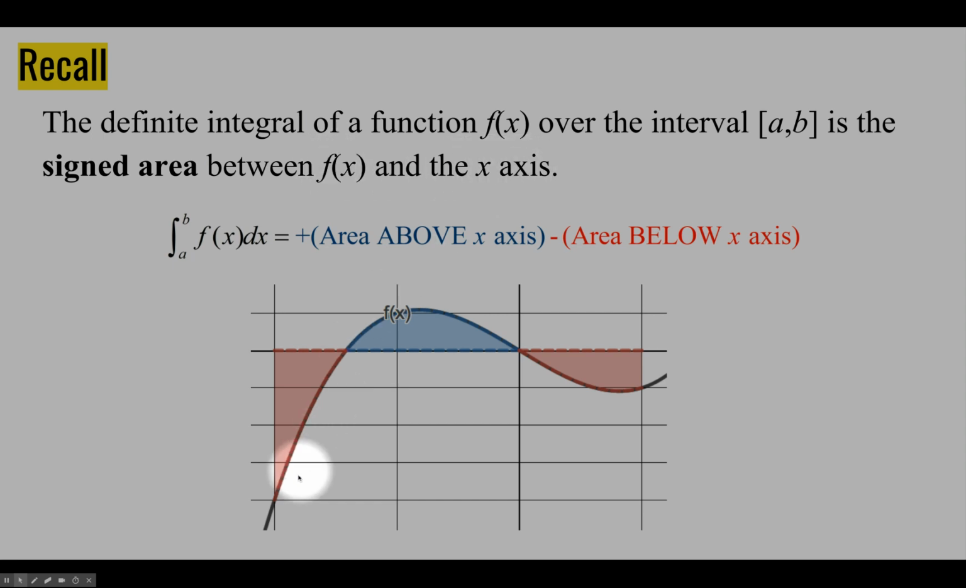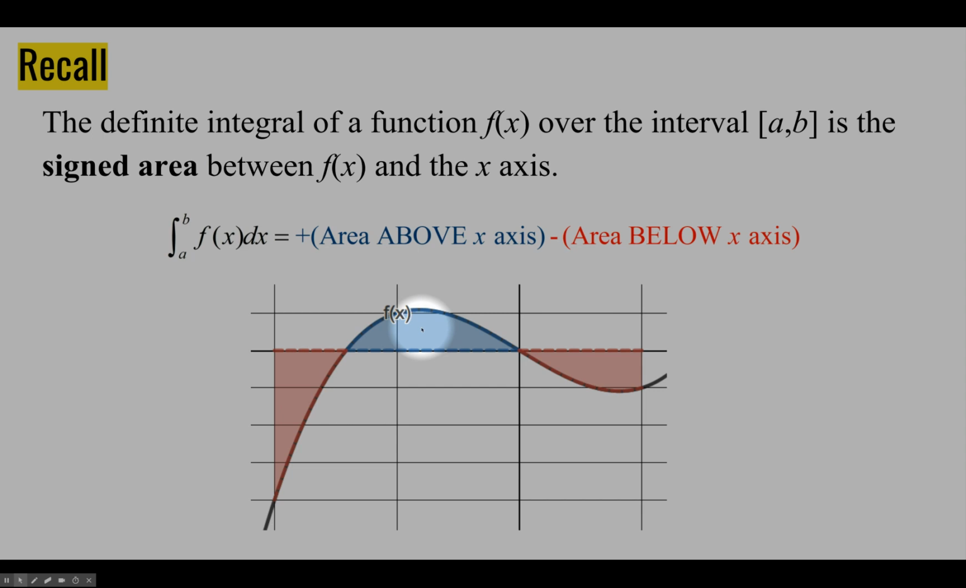So if the graph of the function was below the x-axis, then the area here in red would count as negative area. If the graph is above the axis, then this area in blue would count as positive area. And then you would have to add up all of the negative areas in red, there's two of them in this particular picture, and any positive areas in blue to get the actual integral,